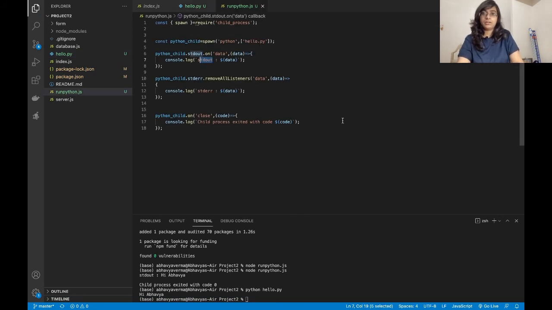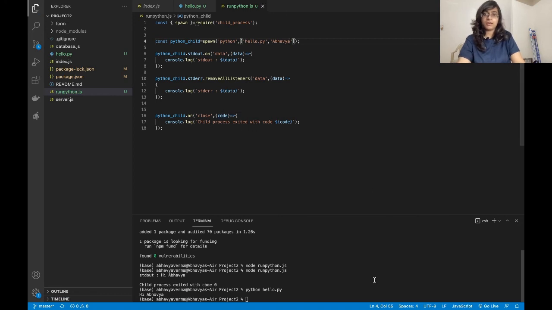Open your runPython script, and now I am going to pass the argument here. First write the script file name, and then only you pass the argument. I will pass my argument as Abhavya. This is considered as 0 and this is considered as 1, then 2, then 3. So any number of arguments you can pass, and like this it will work.